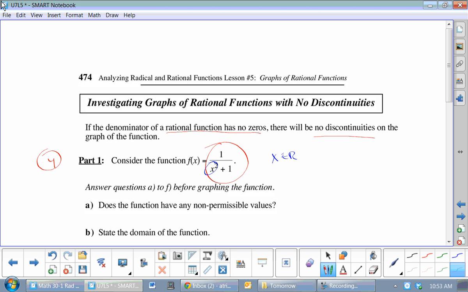Then you do these, and I get no discontinuities, and I go, yeah, there is. What if you put 1 in there? Mr. Trimble, you said if there was an x squared in the bottom, there would never be. And I said, no, I never said that. I'm saying that if there's an x squared, that's the only way there can be, or something to the 4th that makes it positive plus. So this would be called a non-example, okay? Because non-examples are just as powerful as examples. If you can put both of those on your study sheet,